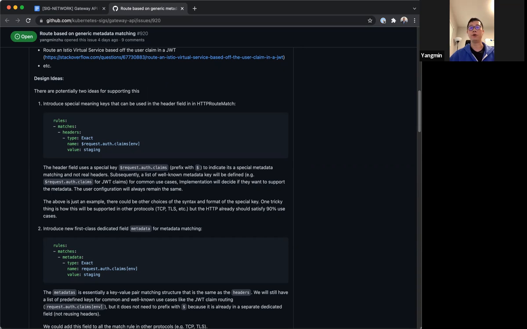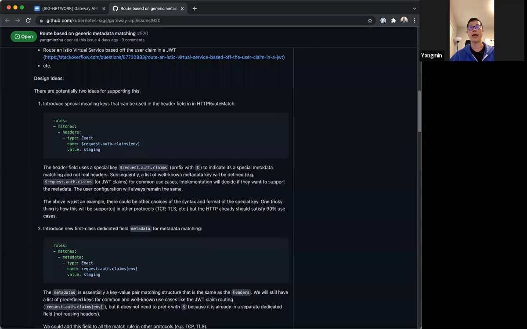That simple semantics probably satisfies maybe 90% of use cases. And JOT claim is just one example. After it is validated or decoded, its information is expressed in that JSON object, and then we just need to match one field in that object to another value.